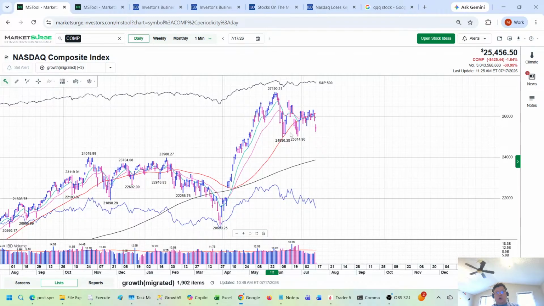Like a lot of charts are probably broken. That's another problem, because some charts were probably building a nice handle here, because this really looks like a cup, like a base, right? Not that it's a round cup, but it's like a base with a handle here, right? But we broke that handle right now. That is the biggest problem. So it's going to take some time to recover, even if it does. So that is the bigger problem.